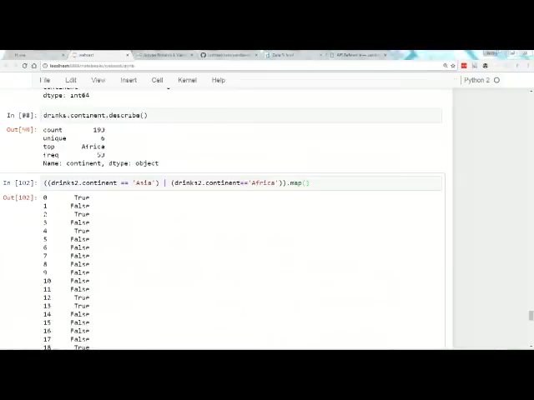Scott asks, I use Mode's SQL Python combo. Are there performance reasons to do aggregation in SQL, or should I just pull the granular level data? So pandas is pretty well optimized. I'm not sure about the two options you're giving me, what you mean by pulling granular level data versus aggregation in SQL.